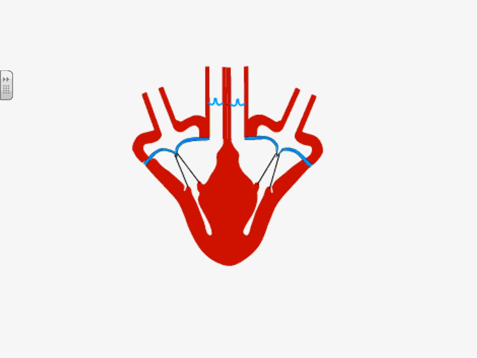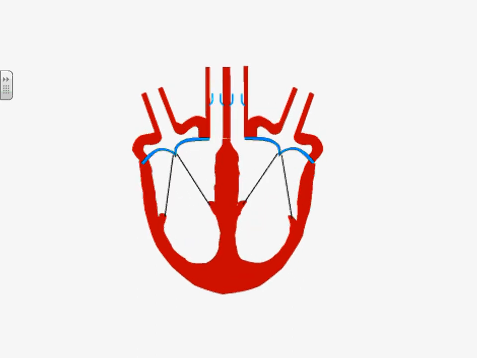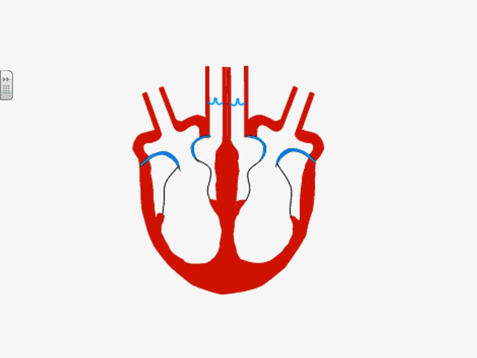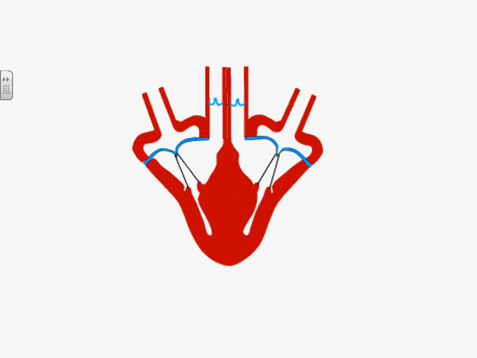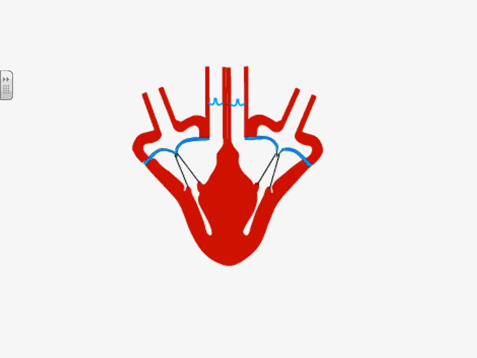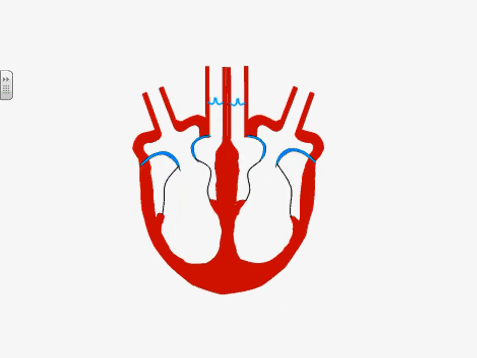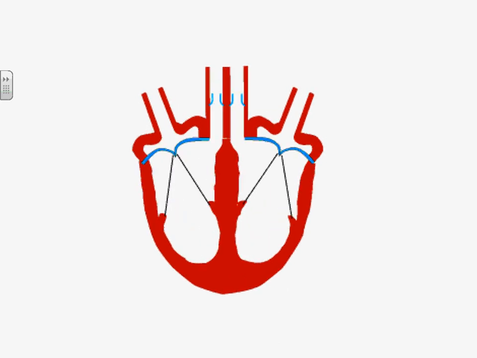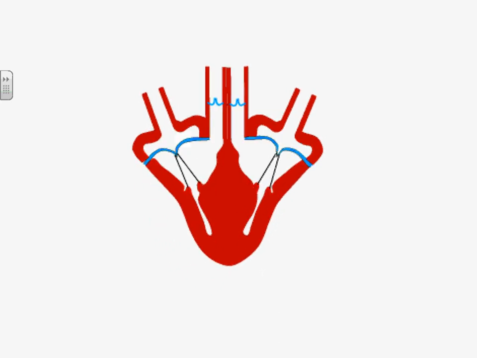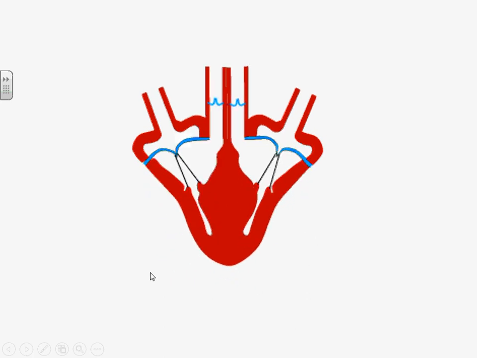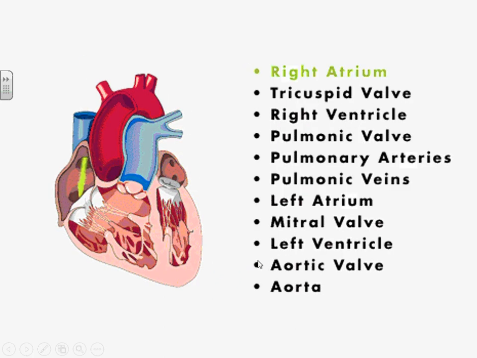Now, this gives us all sorts of ways of monitoring what happens in the heart. For one thing, you can just listen to it, or you can feel it. You can take a pulse, you can listen with a stethoscope, you can use an ECG, you can use ultrasound, all sorts of things. I'm just going to go through some of the things that you can actually monitor.